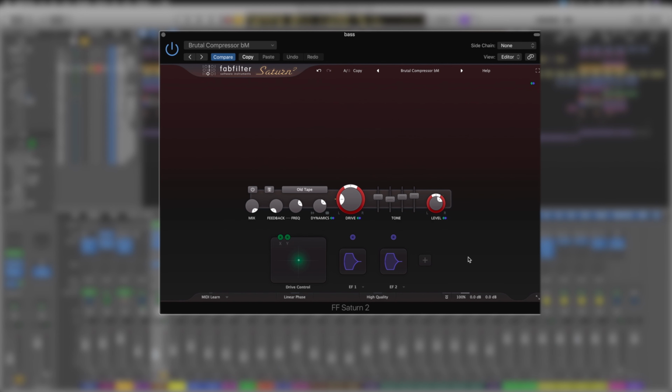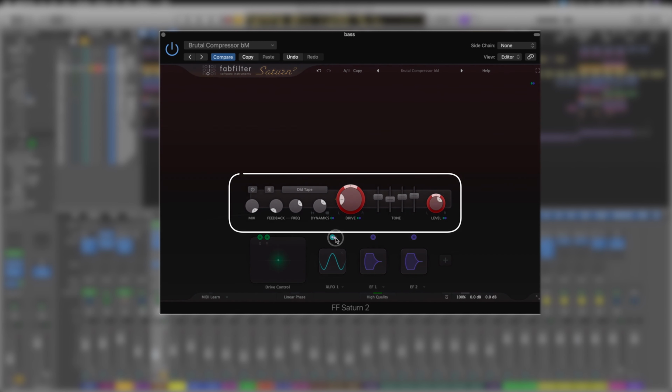We're going to leave it on this brutal compressive preset, switch high quality to superb, and let's have a look at how the modulation works. So to add a new modulator in, there's a nice little plus icon. It again gives us a list of the kind of control that we want to have there. So for example, let's have an XLFO. Let's put that LFO in here, and from this little icon at the top, we can drag out